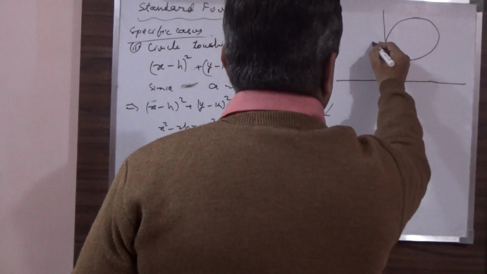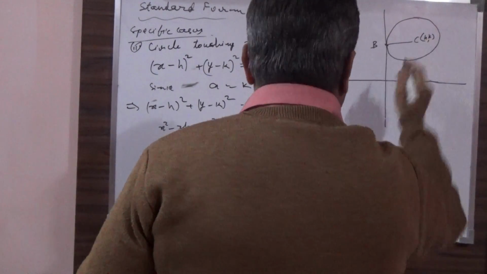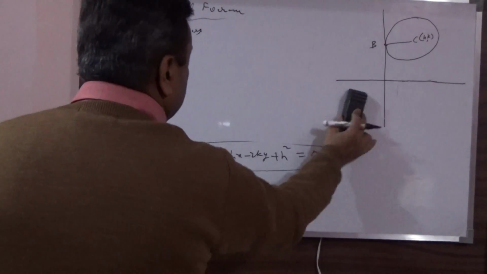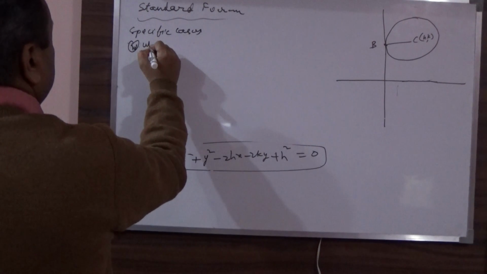Now this is your point B, and this will be C, (h, k). So that equation will be when